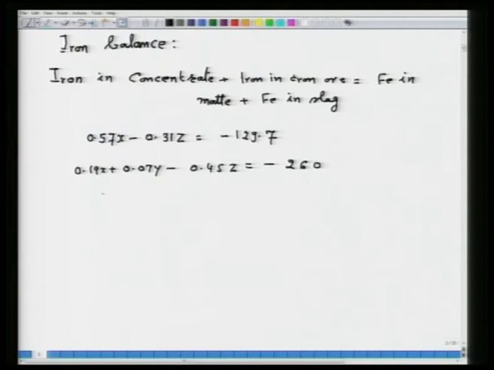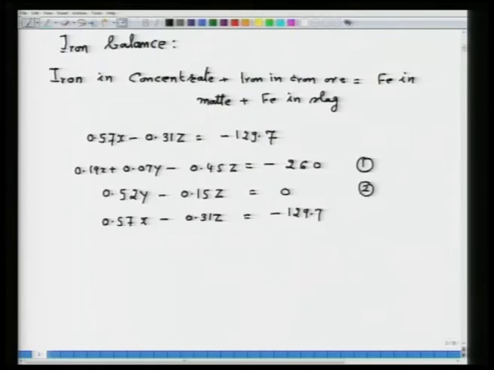So, next is 0.52 y minus 0.15 z, that is equal to 0, and 0.57 x minus 0.31 z, that is equal to minus 129.7. So, this is equation 1, this is equation 2, this is equation 3, 3 variable, 3 equation one can